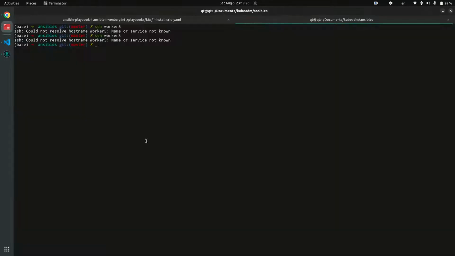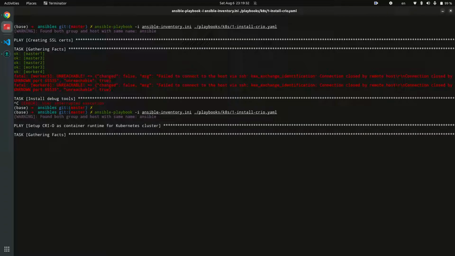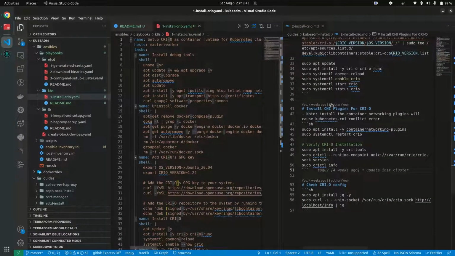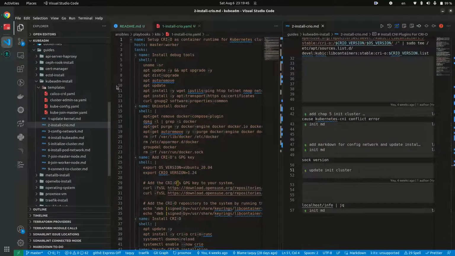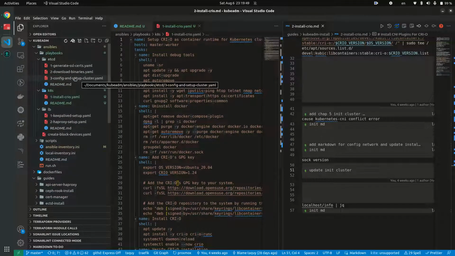It's my mistake, sorry about that. We don't have worker 5, so let me run it again. Yeah, so meanwhile we are waiting for this one, I will actually create another playbook, and this is for